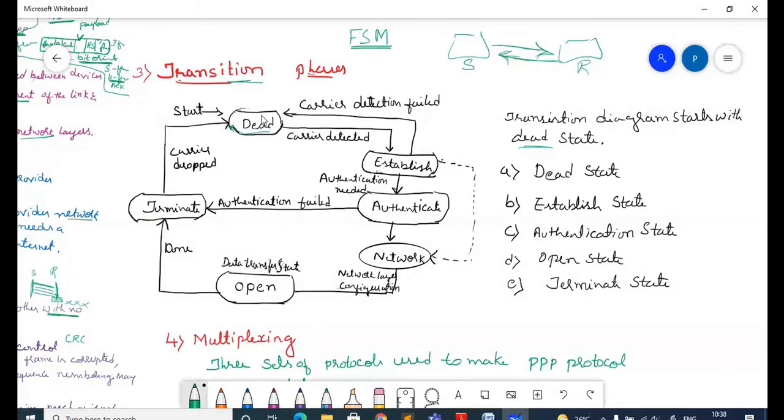Yes. See, authentication means, if you want to log in to Gmail, what are you going to do? You need some authentication, no? So the device wants to know whether you are an authorized person or not to access anything. For that, you have to give the proper email ID and the password. If any one is wrong, you will not be able to connect to the network to which you want to connect. In that case, it will go to the terminate state where you will be just in the same web page. I'm just giving the example of Gmail.